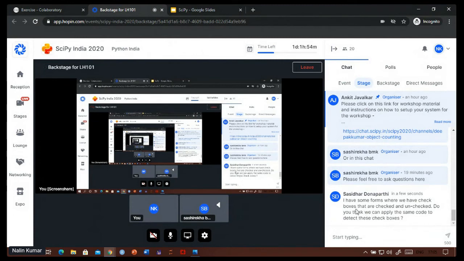Okay, your question: I have some forms where we have check boxes that are checked and unchecked. I guess that is doable, but I don't think it is even needed here. If the number of boxes is a lot, this method can certainly solve this problem.